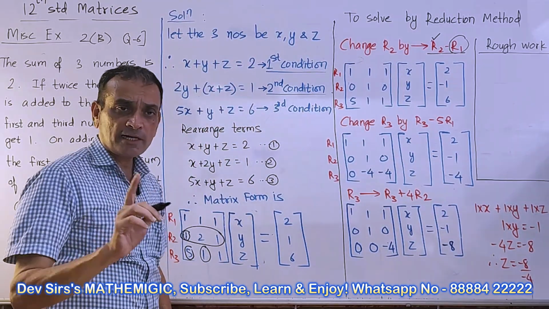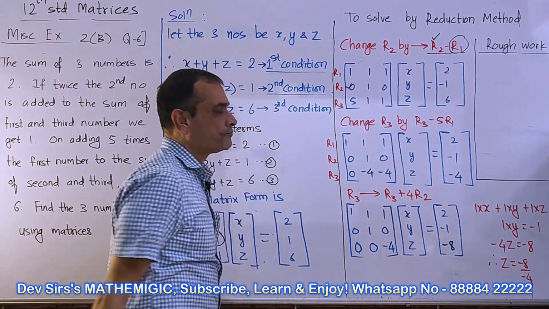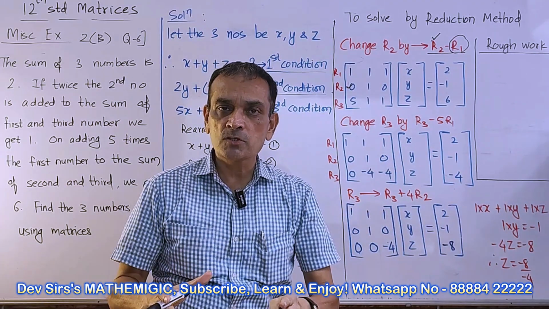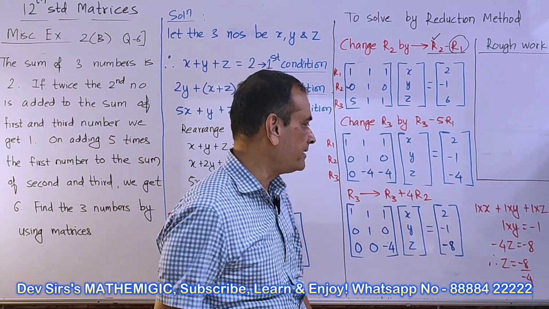So our first objective, we got 0 here. रिडक्शन मेथड, मैट्रिसेस को रिड्यूस करो, try to get maximum zeros, बट अपने लिए 3 जीरोस सफिशिएंट हैं।